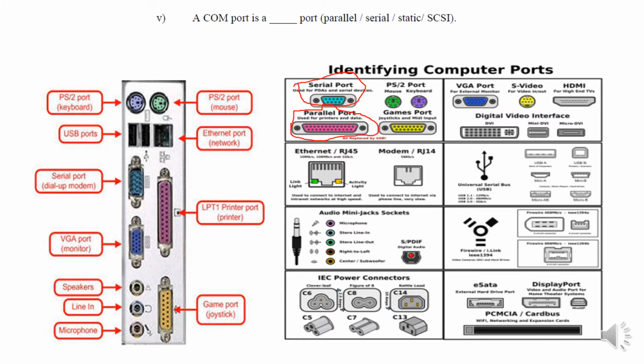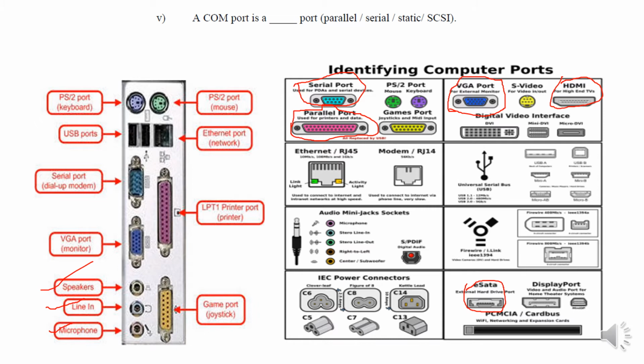The PS2 port: the green one is for the mouse, and the purple one is for the keyboard. Similarly, this is the VGA port. A VGA monitor is connected using this VGA port. Nowadays for high definition TV or projector, we use this HDMI port. Similarly for hard disks or memory, there are eSATA ports, recent ones. Earlier there were IDE ports, and there are three kinds of audio ports: for speaker, line in, and microphone. These are the audio connections.